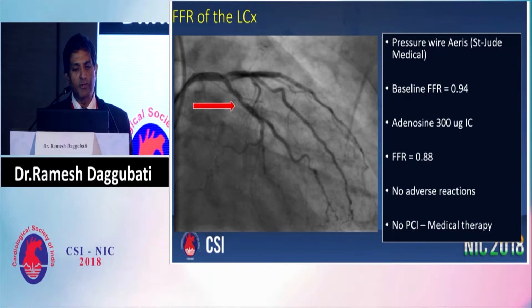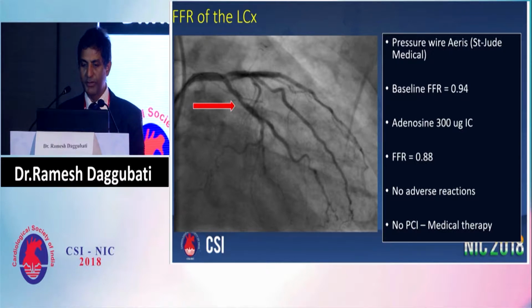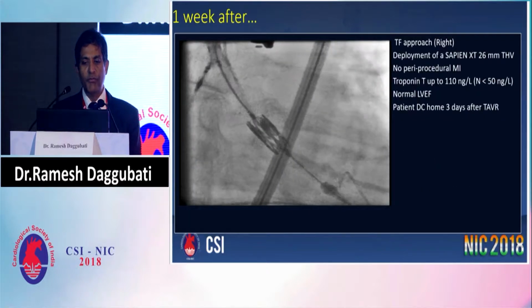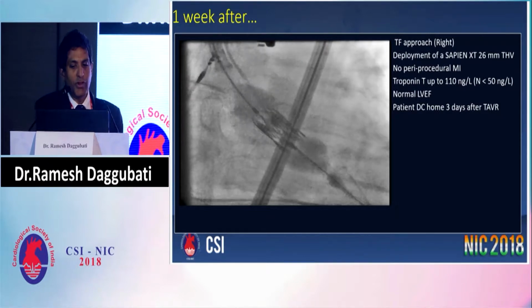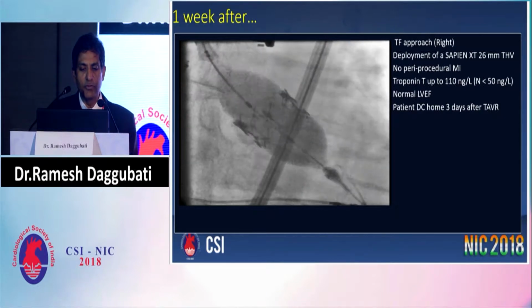And FFR of the circumflex was performed, which is 0.94, and adenosine was given, after which FFR is still 0.88. There were no adverse reactions, and no PCI was performed, as the FFR was hemodynamically, or physiologically, not significant. So 1 week after that, we proceeded with the transfemoral right approach for TAVR,